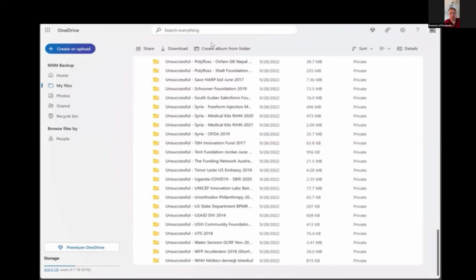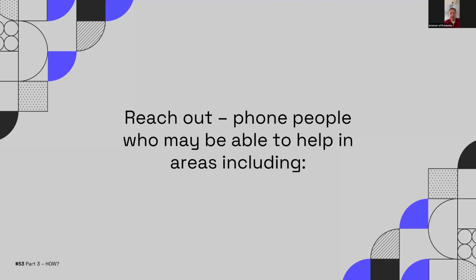Uganda COVID-19. So what you might see as you watch through that video is that we would label things almost by department, because Field Ready was an international organization. So some was for the Syria office, some was from the Nepal office, some was from the Uganda office, whatever it might be. But we kept everything in the same place. That also allows you to search it and find stuff that you've written before more easily. So keep an organized fundraising folder, and you'll thank yourself